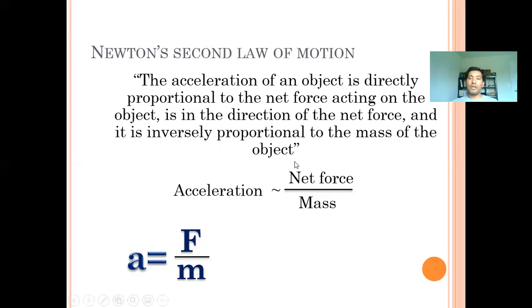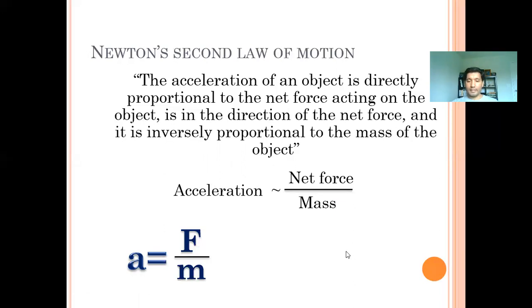So in symbol, how can we write it down? A equal to F by m, right? So A means acceleration, it is a small letter. Remember these kinds of symbols. And F is net force, and small m is mass, okay? F is capital here, m is small, and A is small letter. Remember these symbols also. So from this one, what we get is F equal to m